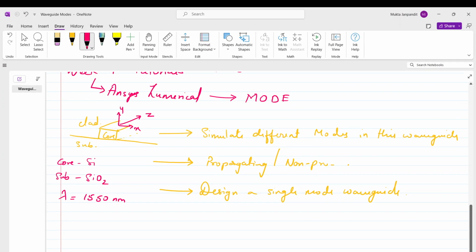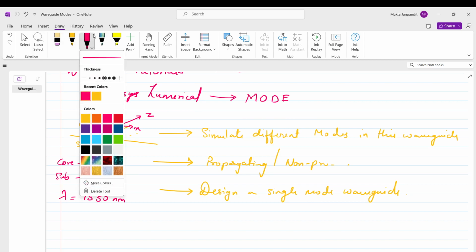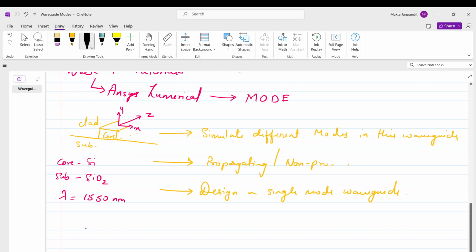We know that in a waveguide, the basic ray optic principle was the principle of total internal reflection, right? And when does total internal reflection occur?